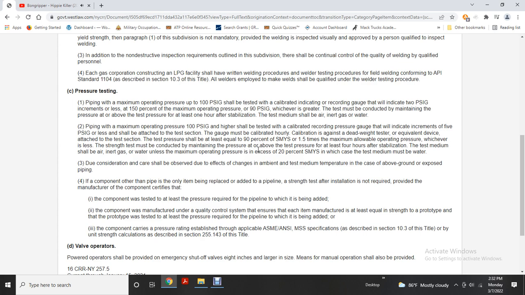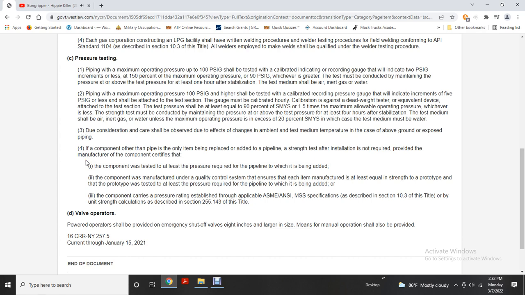The strength test must be conducted to maintain the pressure at or above the test pressure for at least 4 hours, with the stabilization test, using air, inert gas, or water, unless the maximum operating pressure exceeds 20% of the system's yield strength, in which case the test medium must be water. Consideration must be given to observing the effect of changes in ambient and test medium temperature in the case of above ground exposed